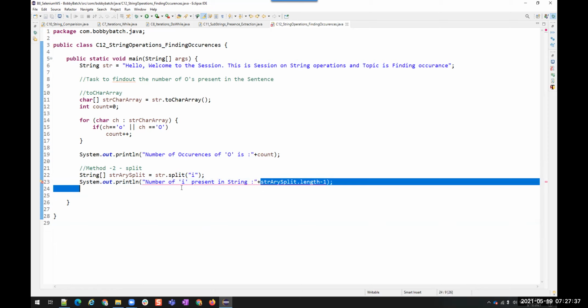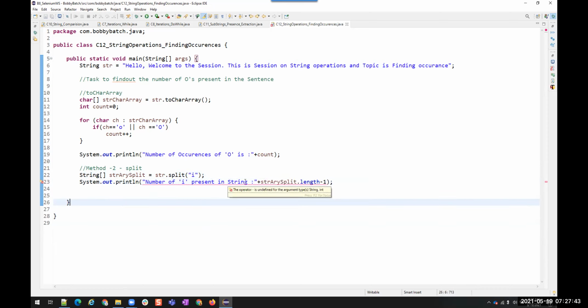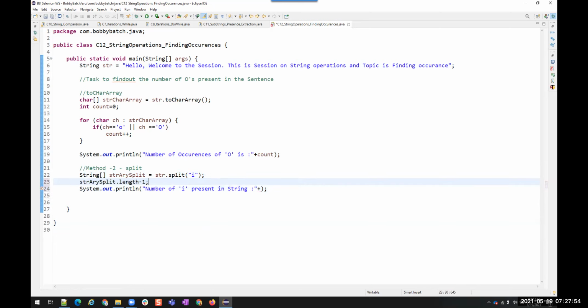Okay. When we have this string, we cannot perform numerical operations. Do you remember that? That's why it is saying you cannot perform this operation inside this. So what I'm going to do is store this in a variable, an int occurrences.